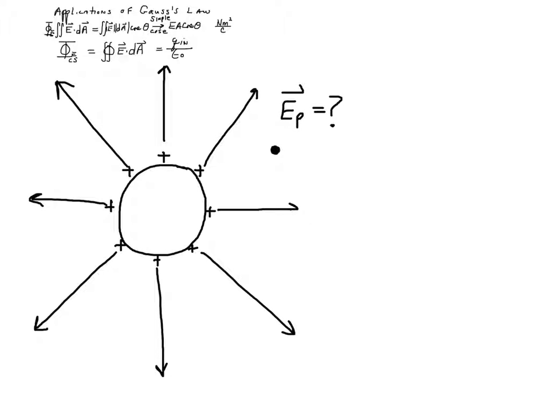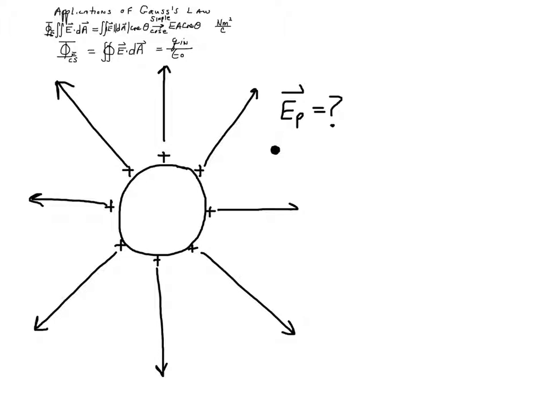Okay, we have a sphere with charges on it. I'm showing what the field looks like. And what we want to do is find the electric field at this point due to this charge arrangement. And since this is large, it's not a point charge,